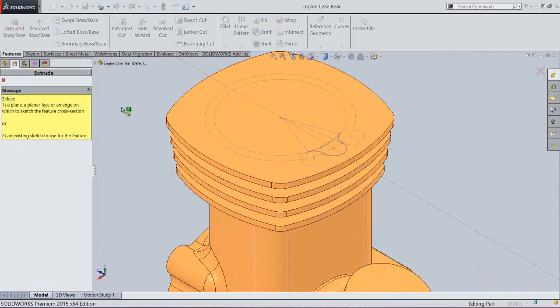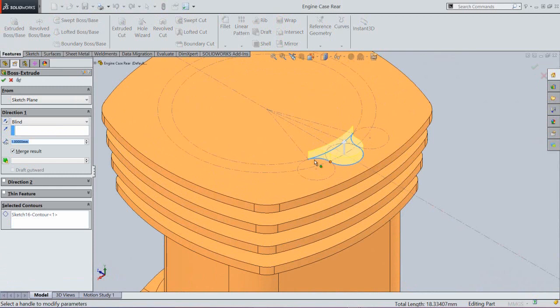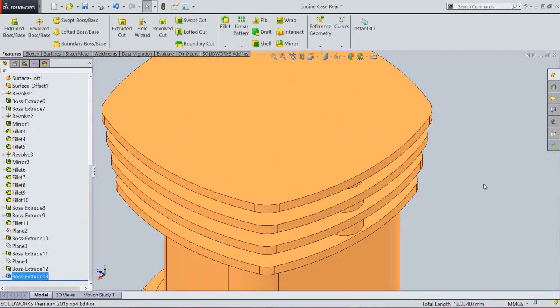Activate the extruded boss base command and select the region. Select up to surface option and select this face. Okay, now see my extrude feature is created here.